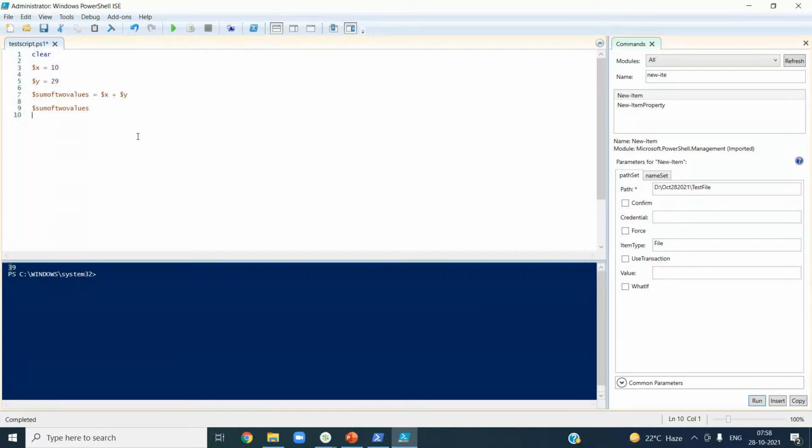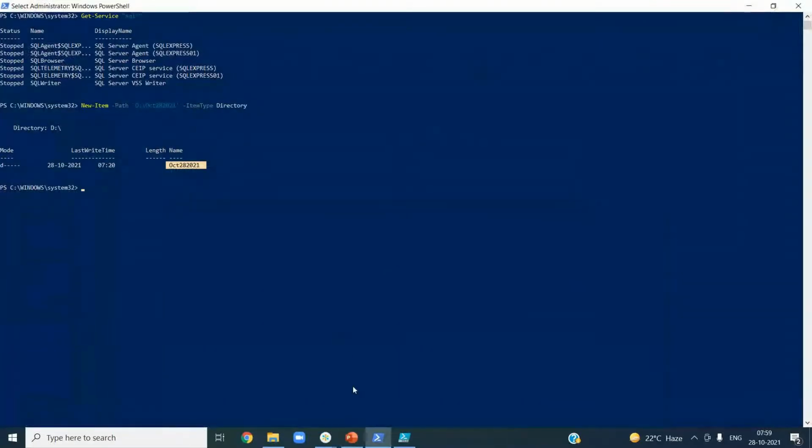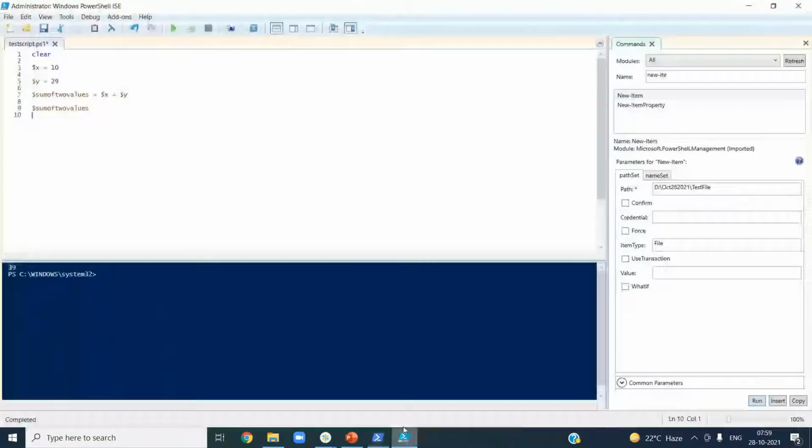You getting me? Similarly, you have the arithmetic operators: subtraction, multiplication, division, etc. I'll just do it for another one. Let us say you have the same variable, make it asterisk, and see it, 290.